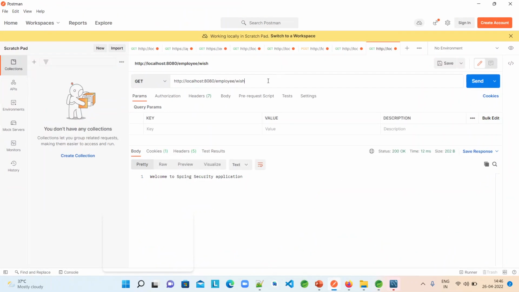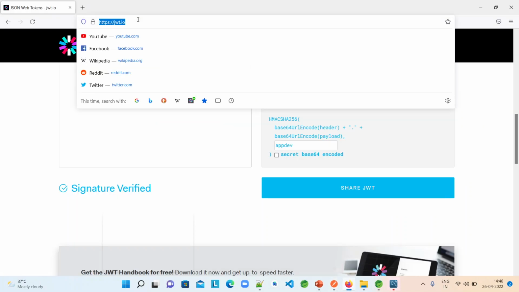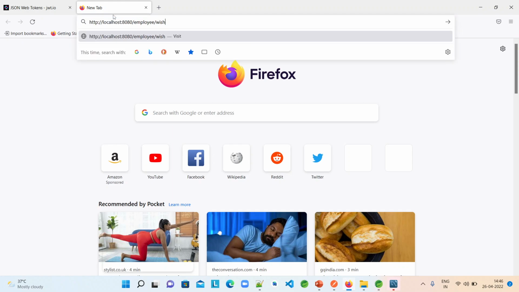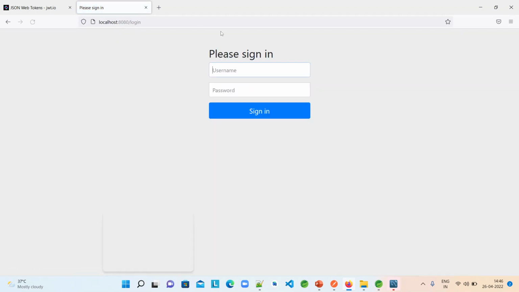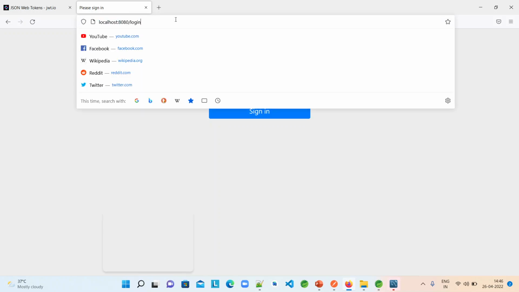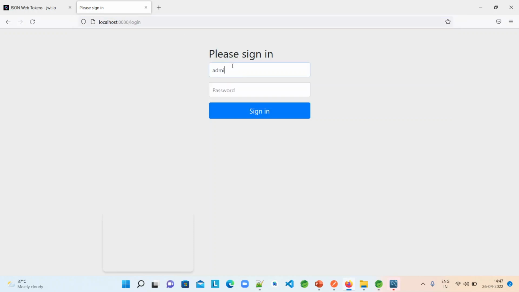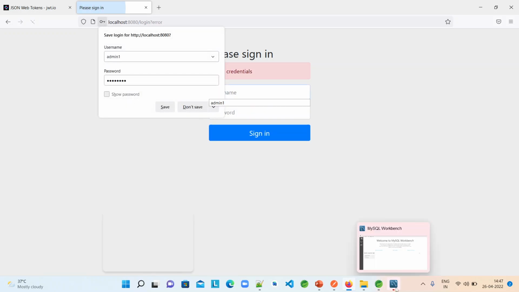Now let me copy this wish service and let me go here and let me hit this. See, the moment I hit wish service, it is taking me to the login page. But ideally, we don't want the wish service to be redirected to the login page, right? That's okay. For now, let's log in with whatever user we have in the database, admin1, right? Admin1, user1, they are there in the database. If you look at this,